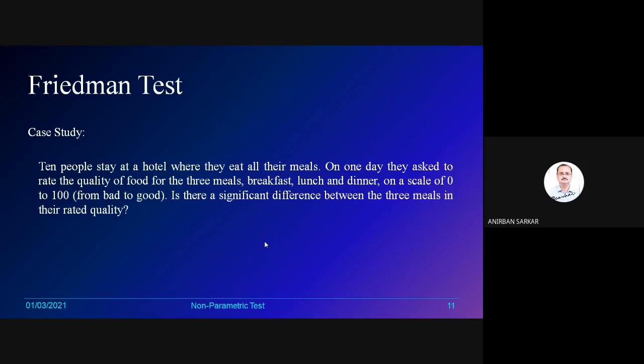So we understand that 10 people are staying in a hotel for a week, say, and they are taking the meals there, breakfast, lunch and dinner.